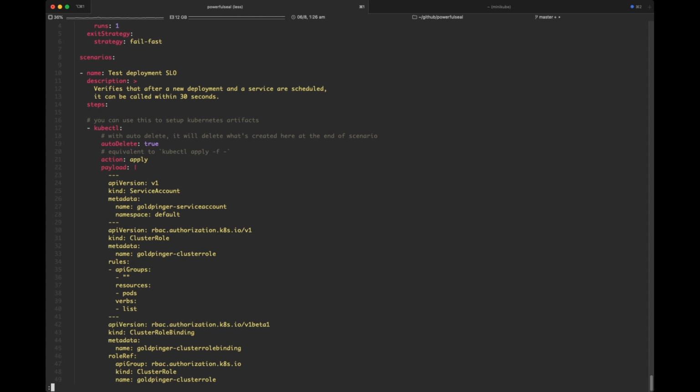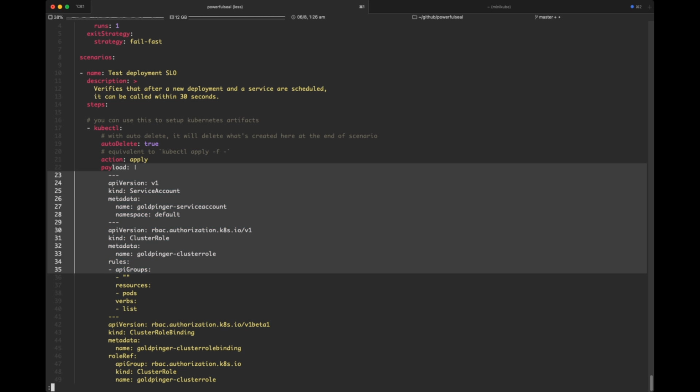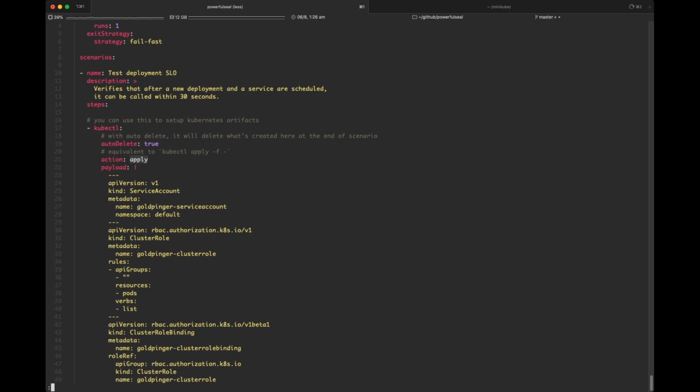Kubectl action lets you more or less specify the payload and the action, so apply or delete. It's an equivalent to kubectl apply -f of the standard input. It also allows you to automatically delete at the end, so that you can clean up and don't leave some kind of artifact after you're done with that.